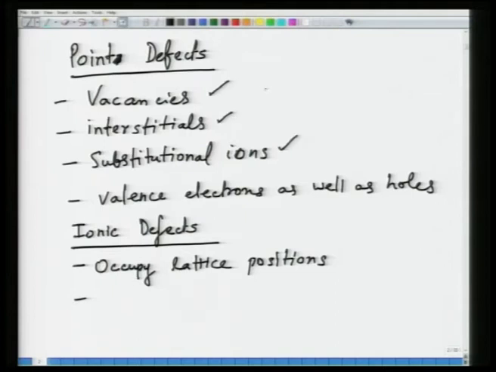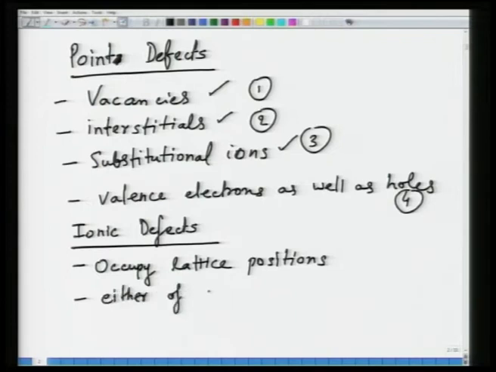So, if I say number 1, number 2, number 3 and number 4, then either of 1, 2 and 3, and you can have electronic defects,